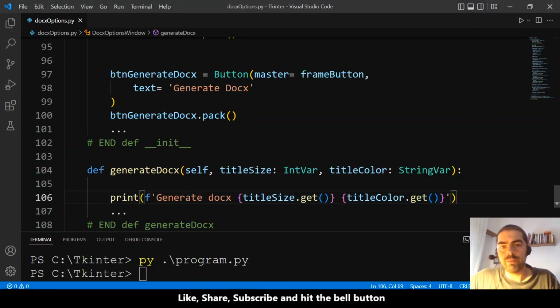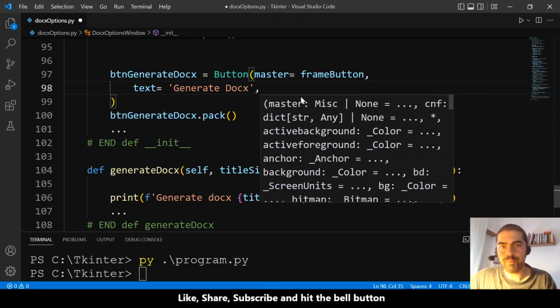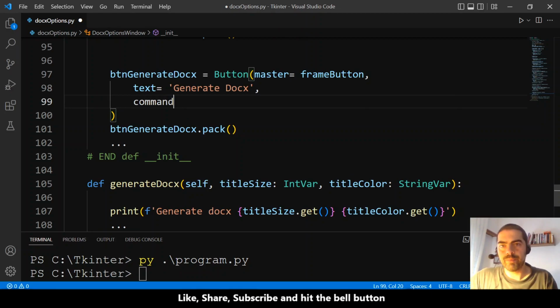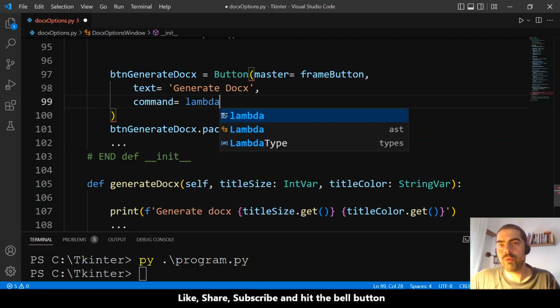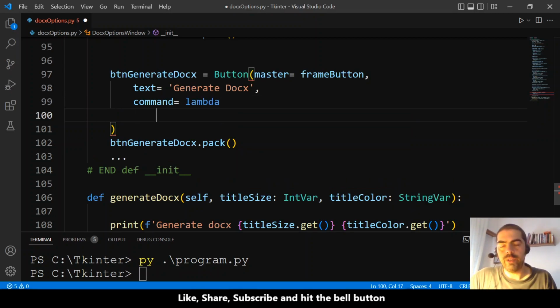How can we get the value of these two variables? Using this method, the get. Having these, we can add the command to the button. So command is equal to a lambda. Why? Because we need to provide two parameters. The first parameter is